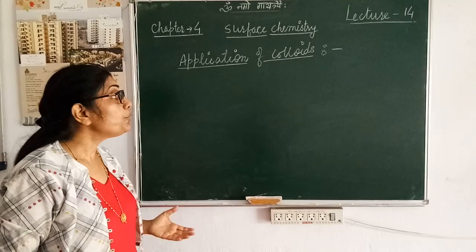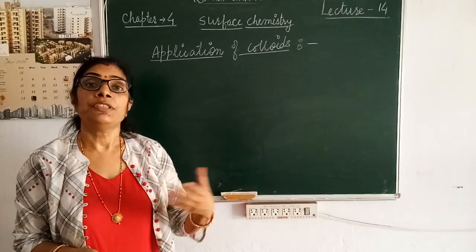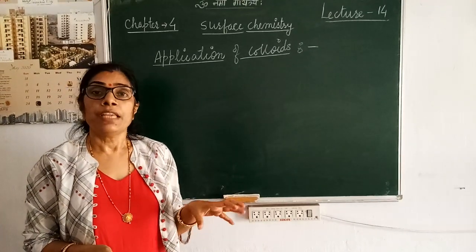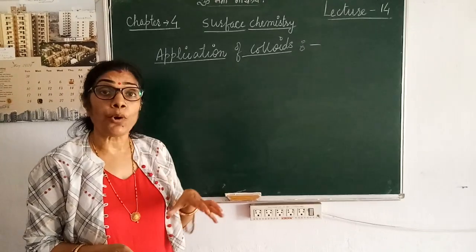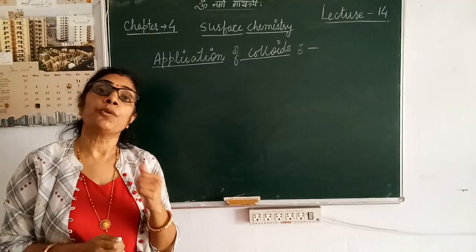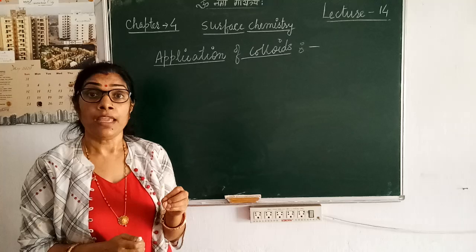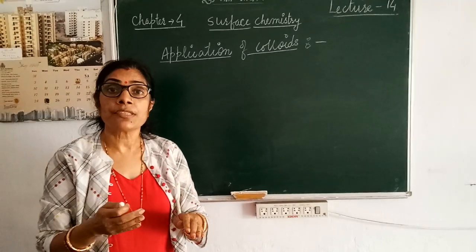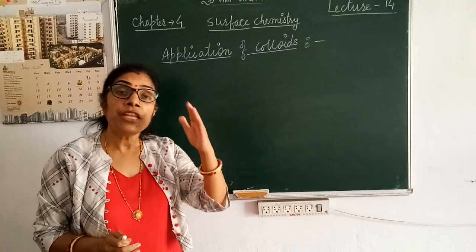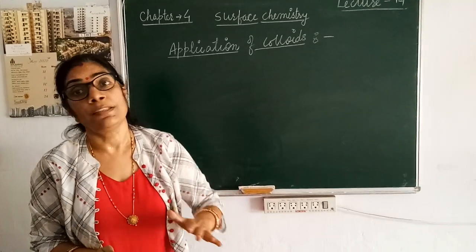In day-to-day life, you see food articles, like juices, halwa, milk, everything is based on colloids. Then soils: in fertile soil, humus acts as a colloid. Blood is also a colloid, where albumin is a protein. When bleeding starts, if you add ferric salt, ferric chloride, the bleeding stops. Why does it stop? Because of coagulation, because of precipitation.